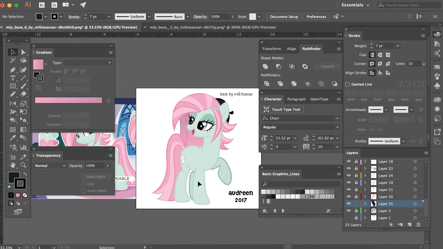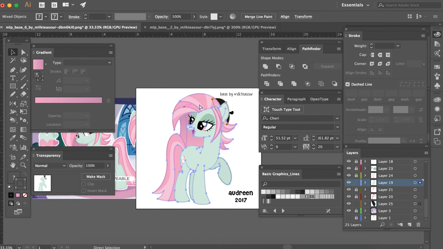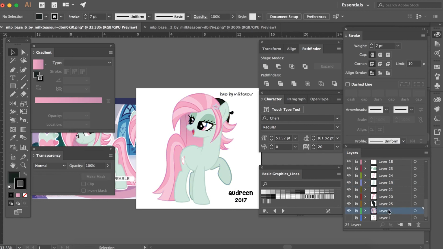Yeah, and then we're going to do a part that I really think makes the drawing, honestly. And it's going to be the white outline behind the pony before I do my background. So I'm going to do that by just copying the live paint group that we already had for the body and also copying the hat. Since the hat was just included, if I don't copy and paste that, it obviously won't have a white stroke